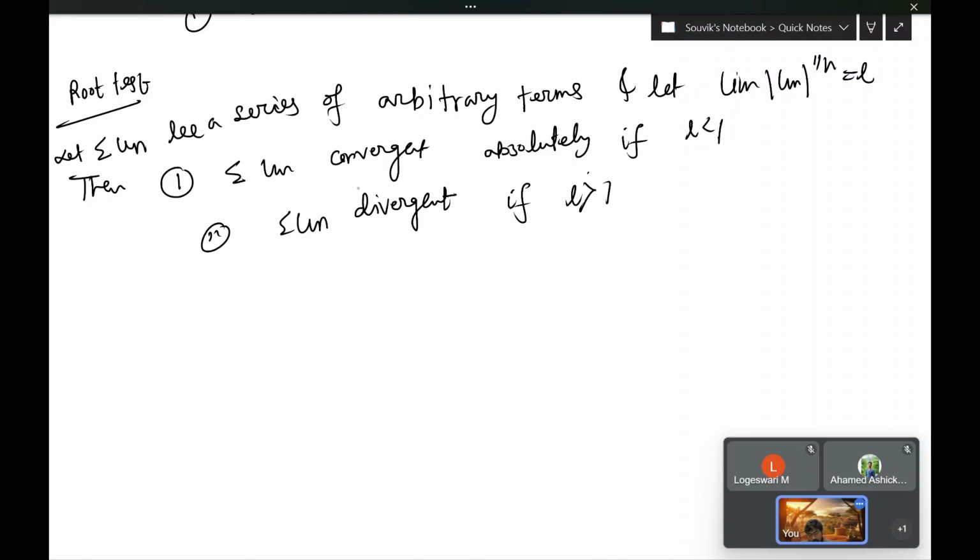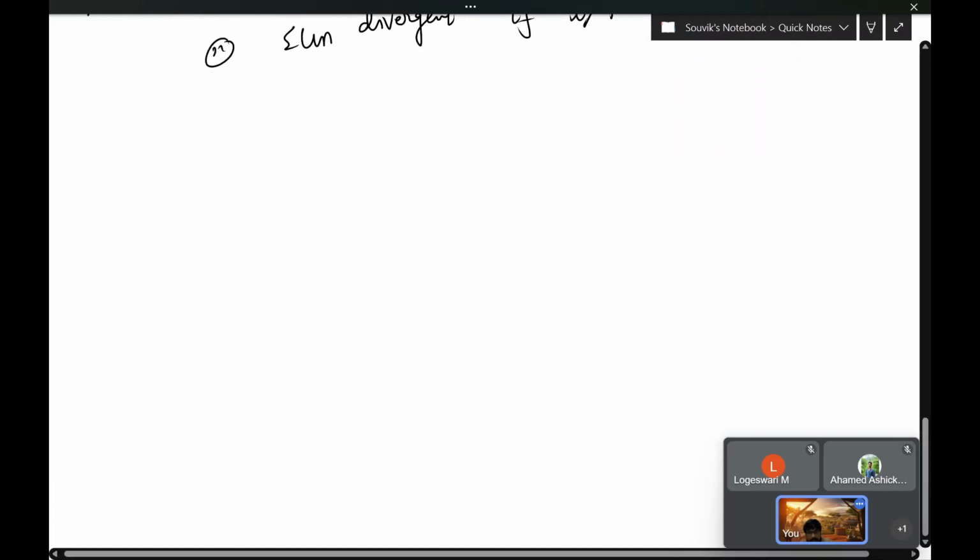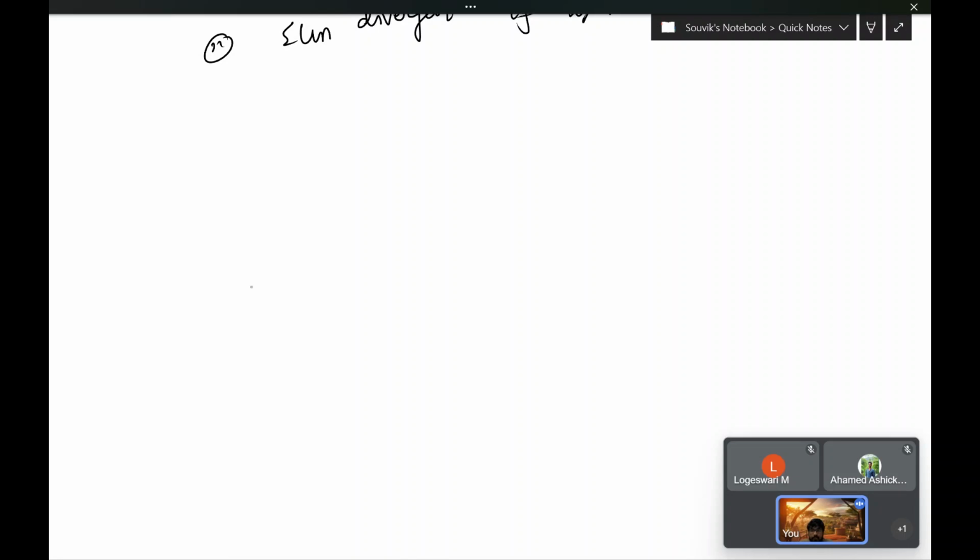Okay, so there's the statement. So now let's see some examples of this. So first problem, examine the convergence of the series